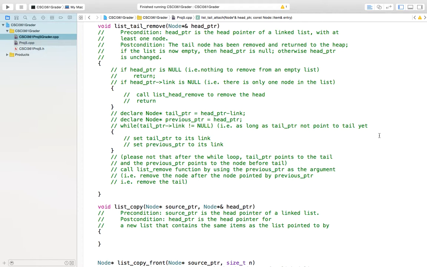Now, you need to consider the special cases. First, the linked list is empty. Then you don't need to do anything, just return. Second, if there is only one node in the list, then you just remove this node. But this node is the head, so you need to call list head remove, then return. If there is more than one node, then you need to find that